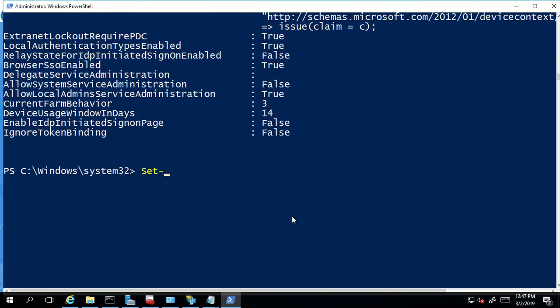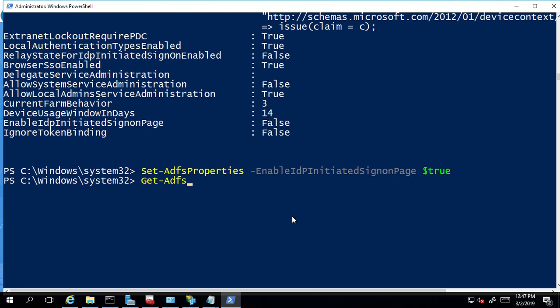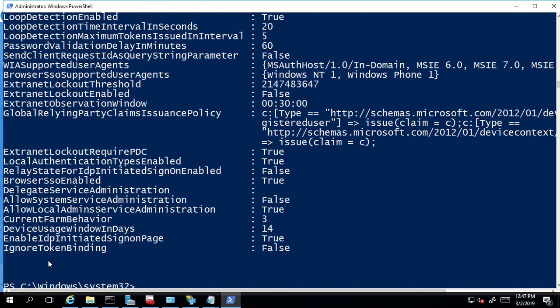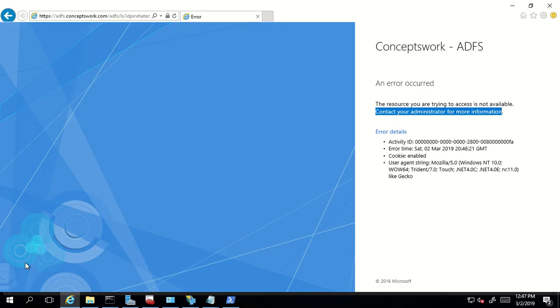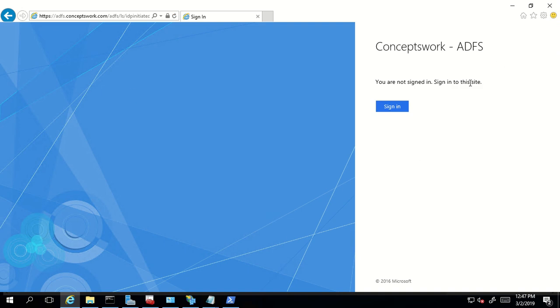All we have to do is Set-AdfsProperties and then use the option EnableIdpInitiatedSignOnPage $true. That's all you have to do. Get-AdfsProperties, EnableIdpInitiatedSignOnPage set to true. Now, if we go back to the browser and refresh the page, as you can see now,